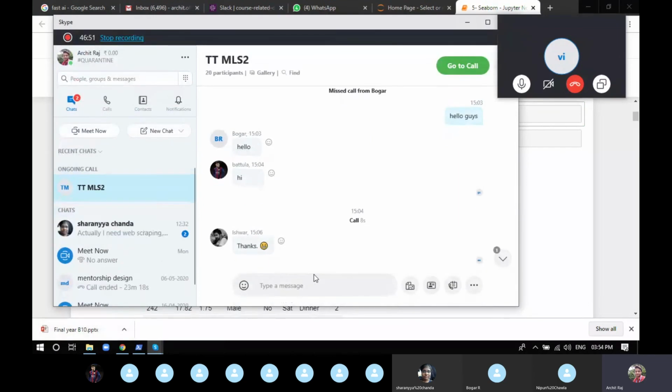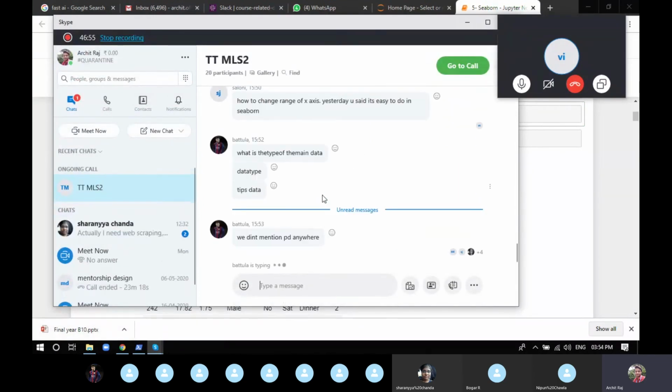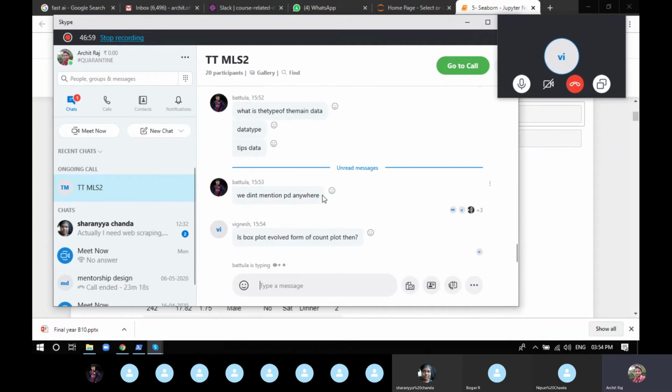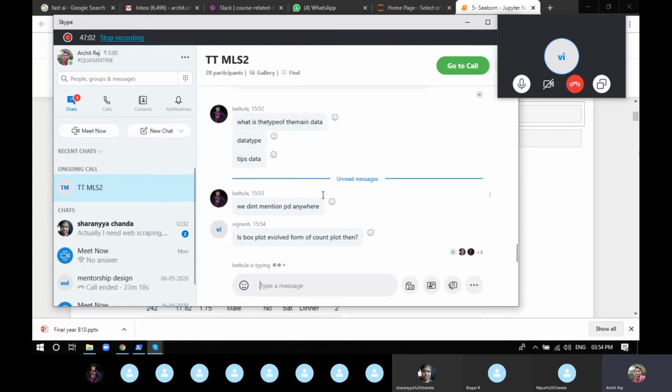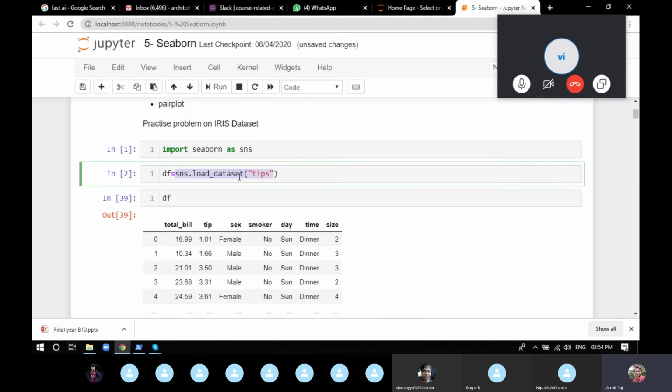Okay, sure, thank you. We don't need to mention pd anywhere, because we need pd only when we are going to create the data frame ourselves. If you use sns.load_dataset, it's going to give you the data as output. In the other case, we are creating a data frame and calling the data set from a CSV file, because we want to get the CSV file.